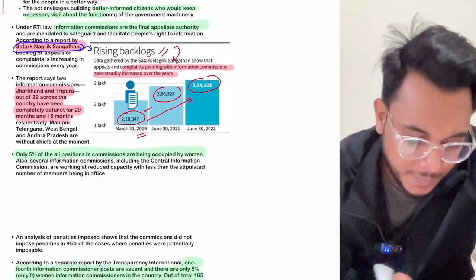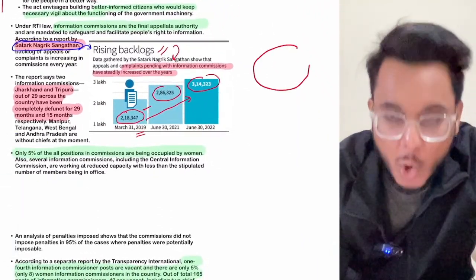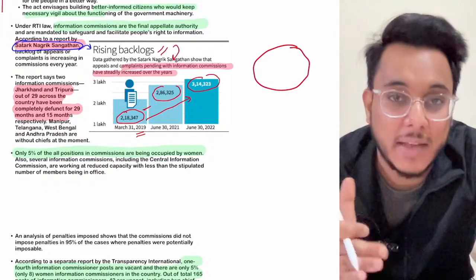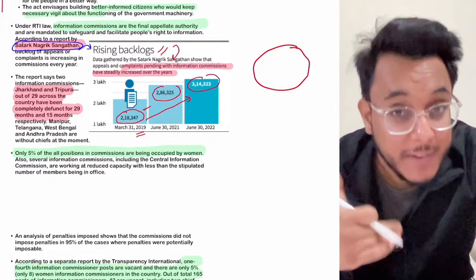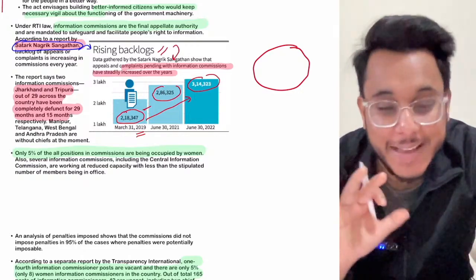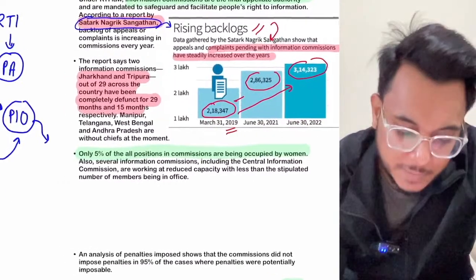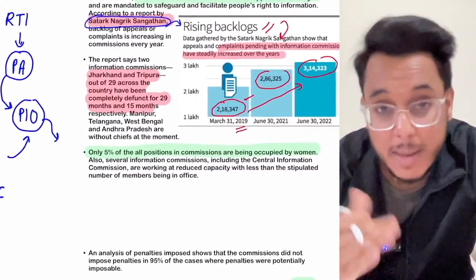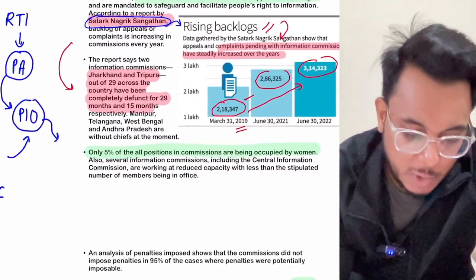Now you see this thing. If there is so much backlog, what will happen? Information will not be given in a timely manner, and if information is not given in a timely manner, that information is essentially useless. Moreover, they have provided some other important highlights also. Now this particular report says